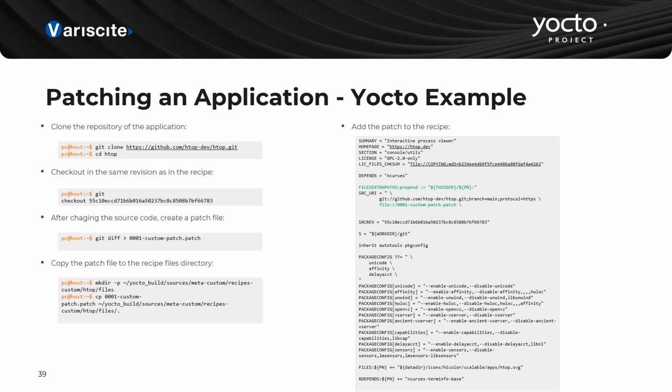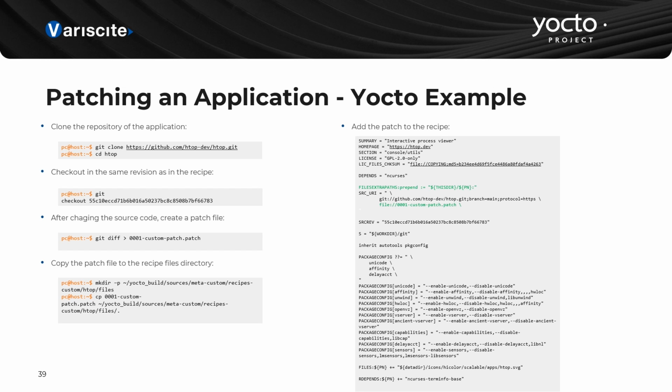So, for example, if we want to patch the HTOP we added in the previous section, we need to clone its source code. We are going to check out the same revision as the application that is being installed. We make the changes we want to the source code, and then we create a patch file containing these changes we made. After that, we are going to send that patch file